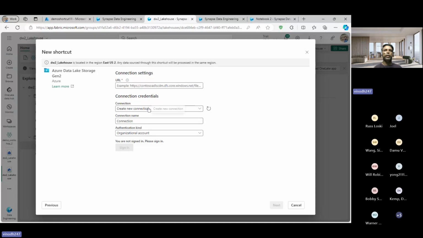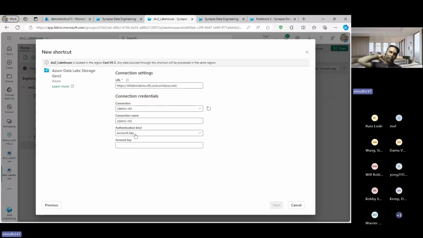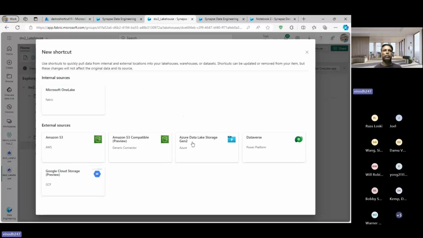You'll have to pick out the DFS URL, because I've already created a connection. It is showing us already. It is remembering the connection, and then from this method you can use any of these methods I have created. Using the account key, because I already had the account key. So what I did is I created it using the account key, and then